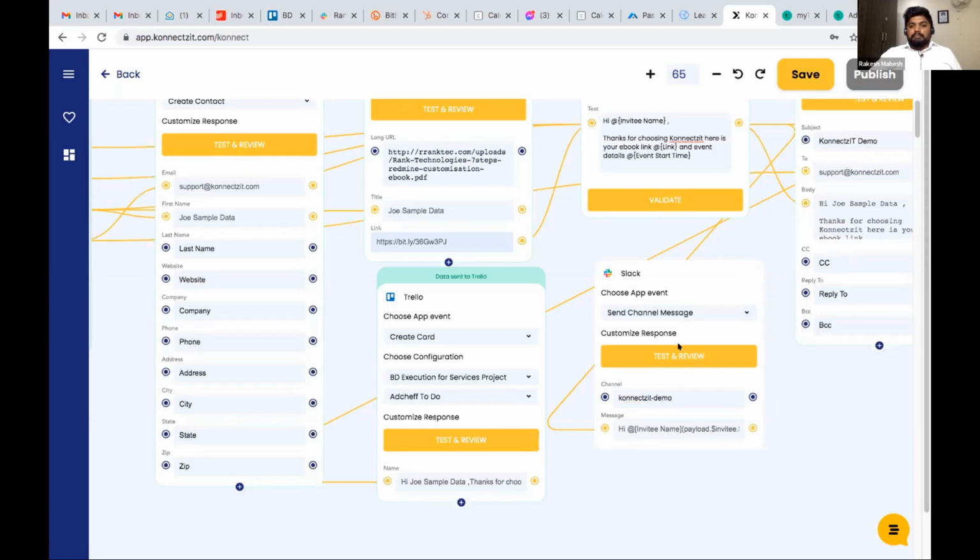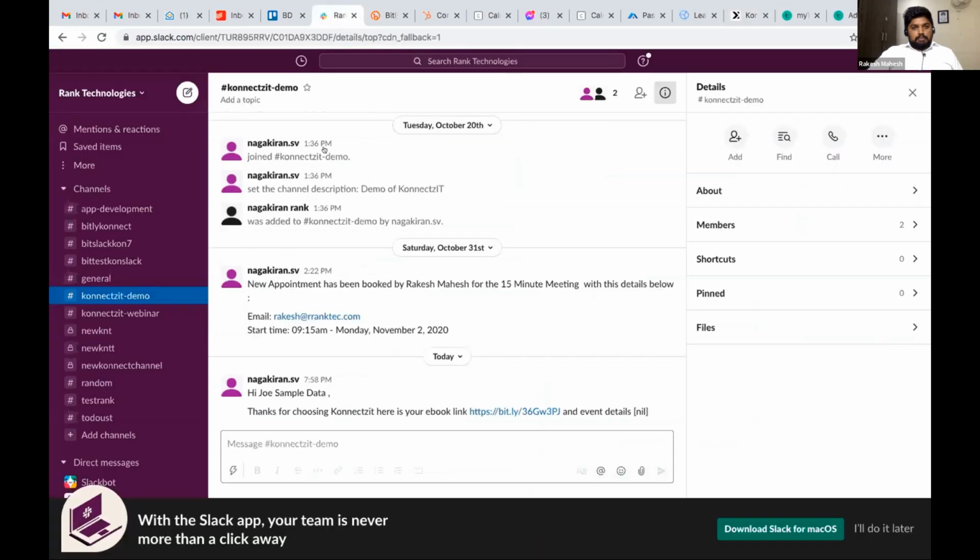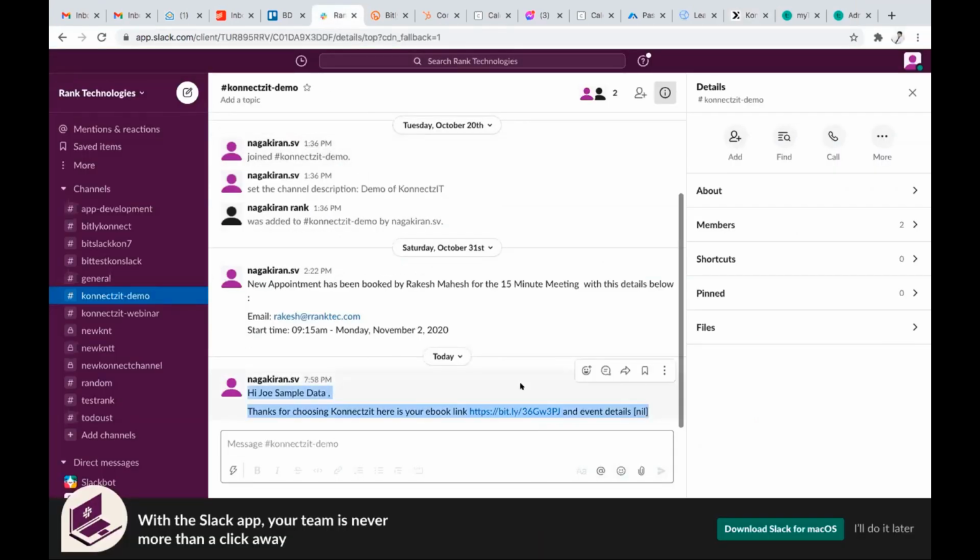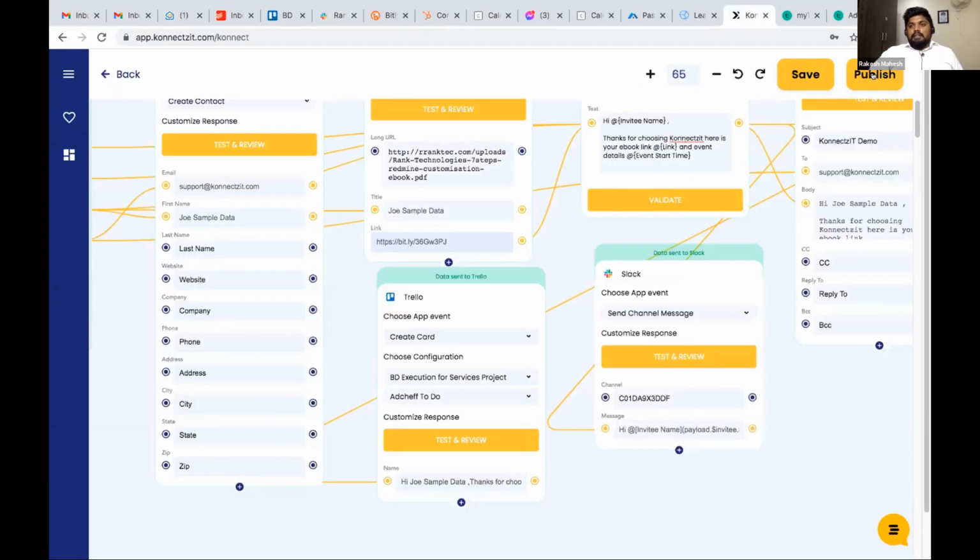The message has been sent to Slack. This is the Slack, with the Bitly link also connected. So now we will go ahead and publish our connect.